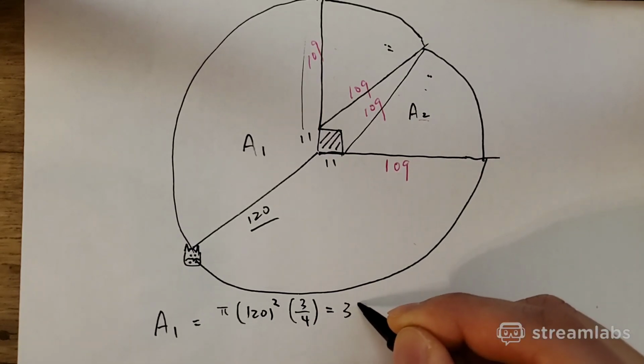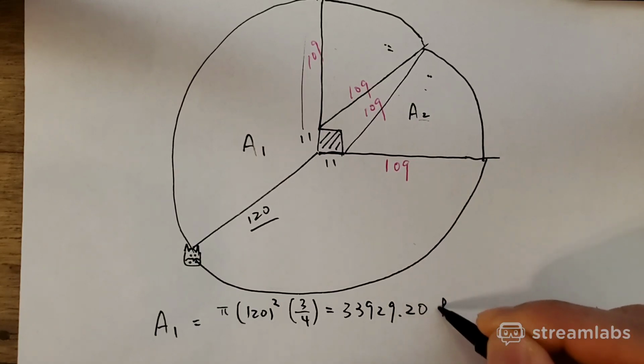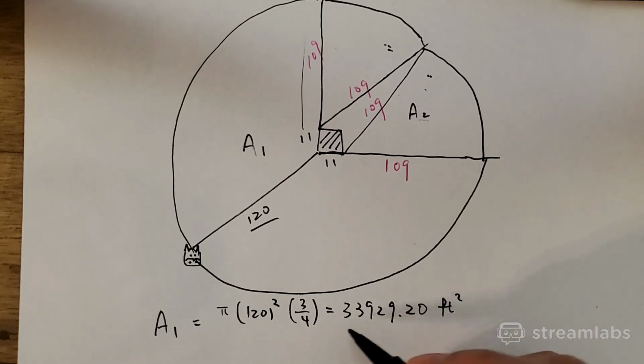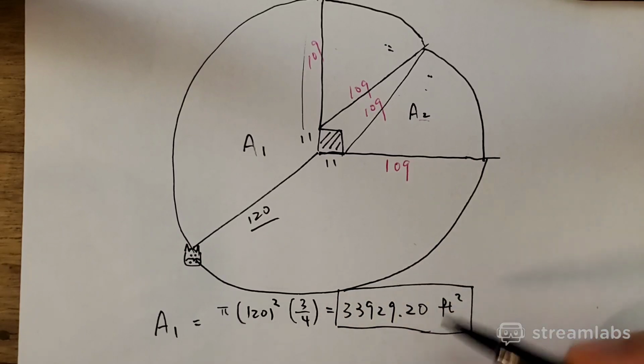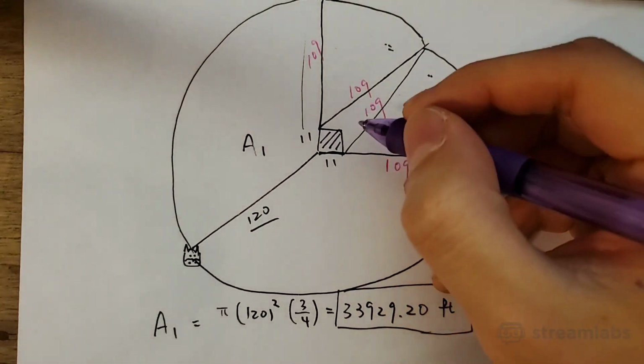Three. 3929.20 feet square. Okay, so that's the first part. Keep this in mind, okay? This is this gigantic part. The next part is then this one, which is,